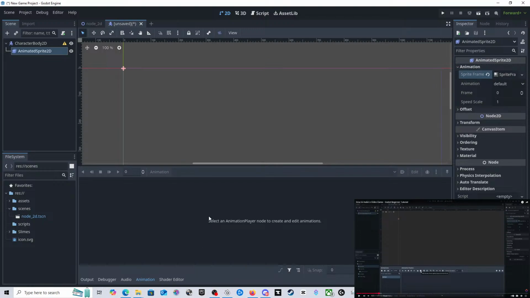Right. What am I doing wrong then? Animations 2D.